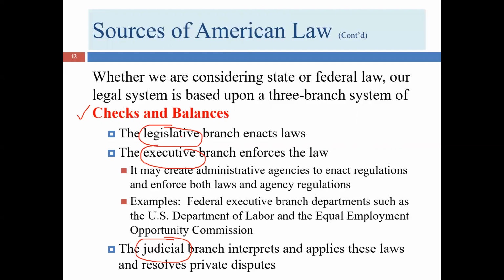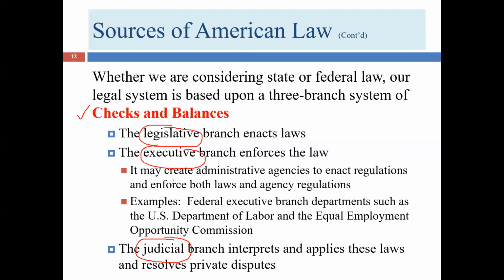Let me give you an example. The legislative branch passes a law. The executive, be that person the governor or the president, can veto that law. So that's a check on the authority of the legislative branch. The judicial branch can opine about whether that piece of legislation was constitutional or not. So the judicial branch has a check on the legislative branch. The executive branch is a check on the judicial branch because the executive branch appoints judges to the federal courts. Now that doesn't exist as much in the state system as it does in the federal system.